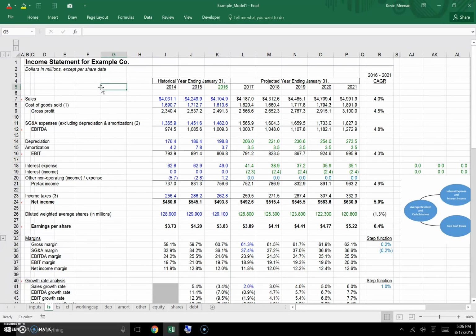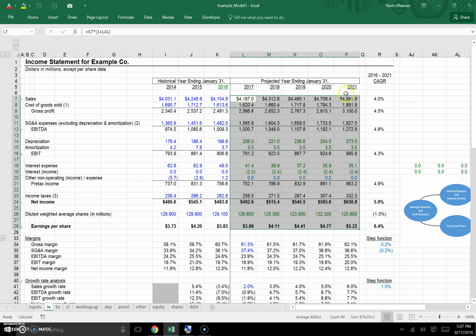So today we're going to cover how to use macros to uncrash models with circularity built into them. This is the income statement of an articulating financial model, with inputs from other financial statements incorporated into depreciation and amortization, into our interest expense and interest income line items, into our diluted average shares that we use to calculate earnings per share, and we have our pro forma information